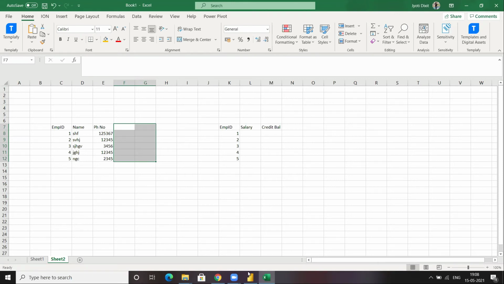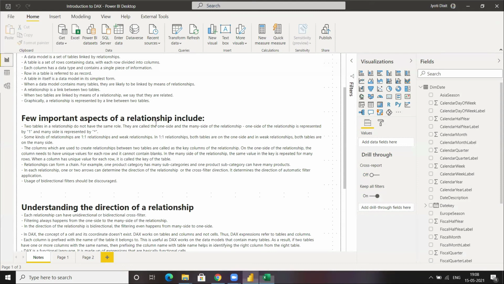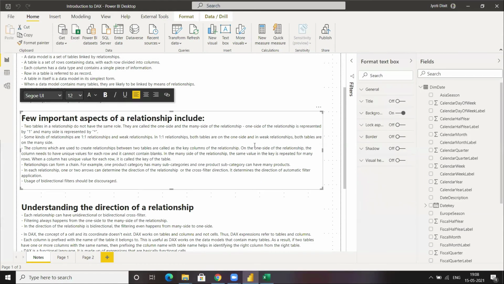So I just covered a scenario where that was required, but not in all cases is that required. If I talk about weak relationships, then weak relationships exist when both tables between which a weak relationship exists are on the many side.